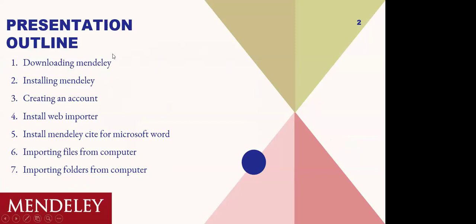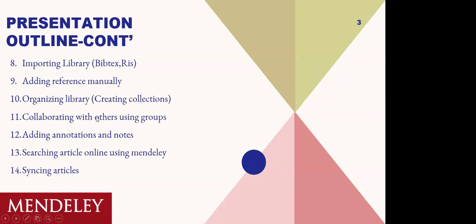Then you are going to see how you are installing. You create an account. We see how you can install web importer. You are going to install Mendeley Cite for Microsoft Word, importing files from your computer, how you can import folders, how you can import library using different formats. The common one is RIS. Also adding references manually, creating collections, that is a way of organizing your library of materials you have downloaded,